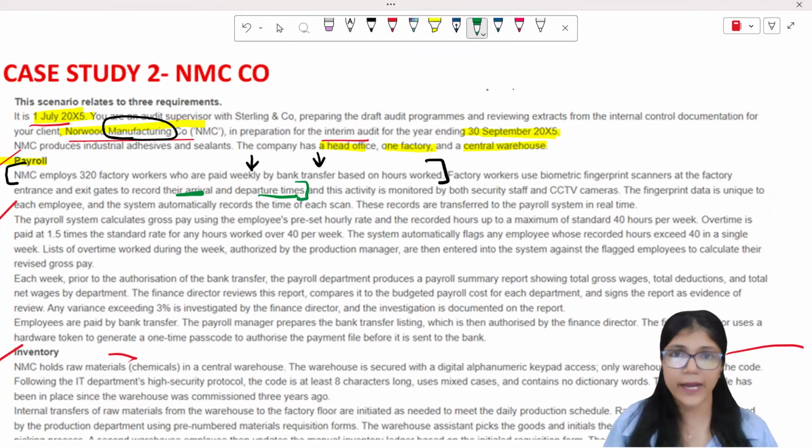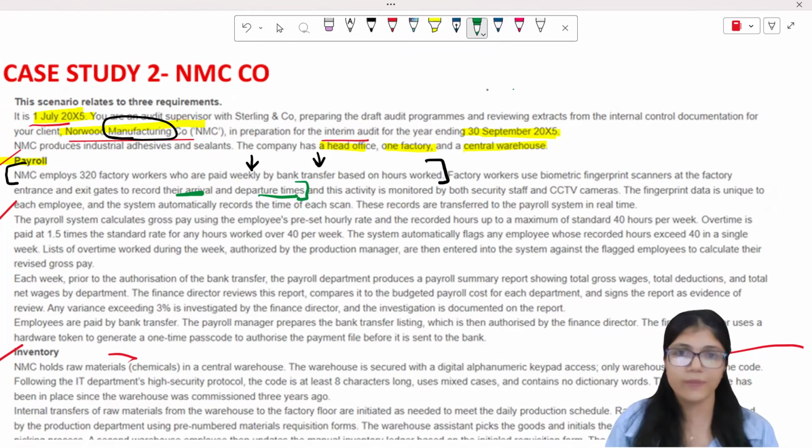available everywhere, right? But yes, there could be certain issues with this biometric, that probably I'm logging in for somebody else, there's no supervision etc., because there should be, correct? But till here there's no good point, there's no direct control, this is bare minimum, right? This is one way by which they mark the attendance. They can use other ways also, but this is one way by which they are marking their attendance.